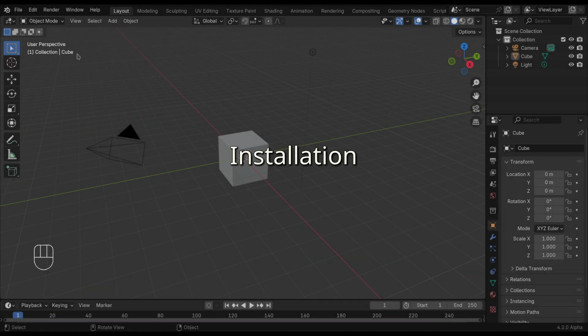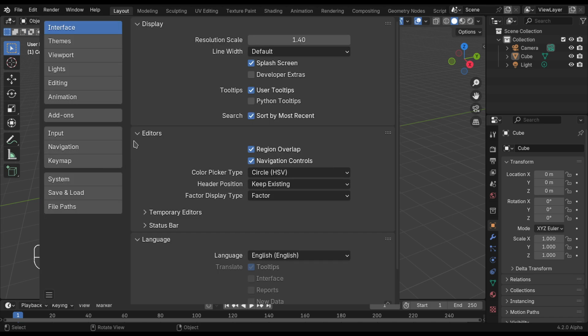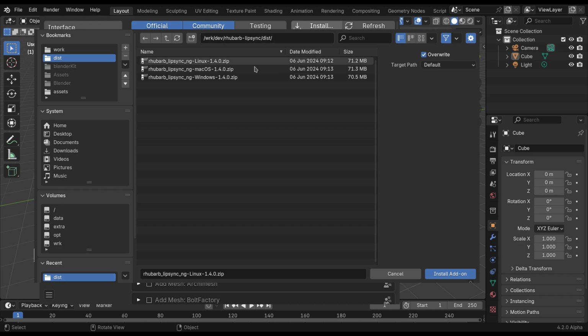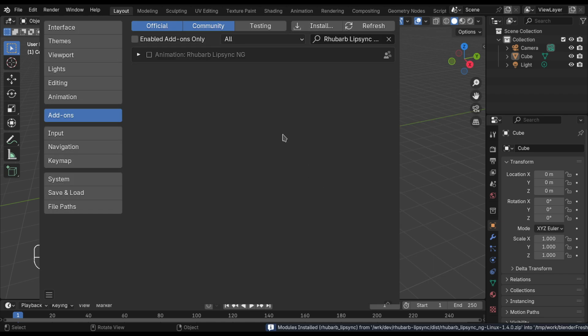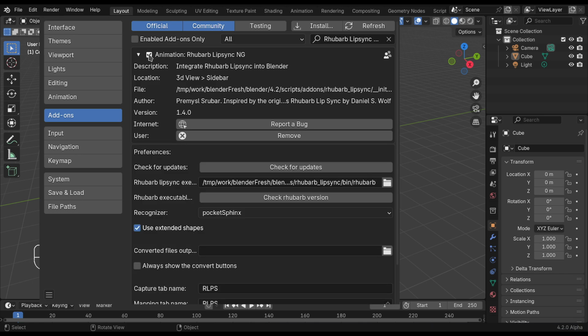To install the add-on, go to Edit Preferences and the add-ons. Then click the Install button and select the zip file for your operating system. Then enable the add-on by ticking the checkbox. Now you can see the add-on preferences,